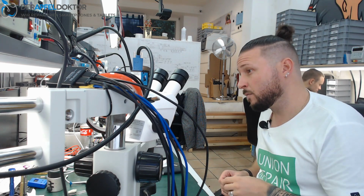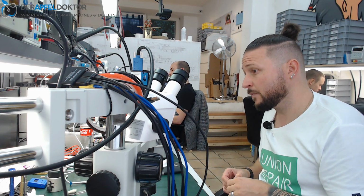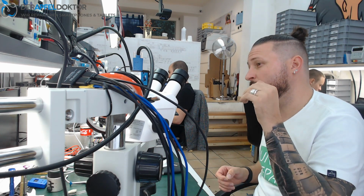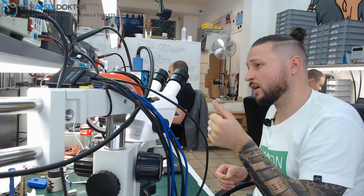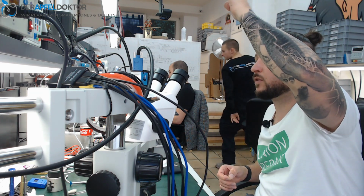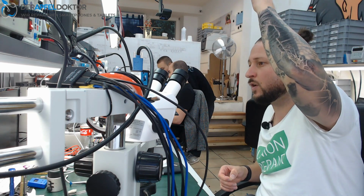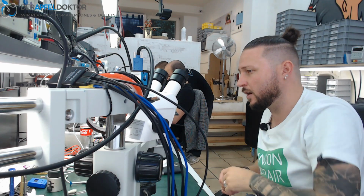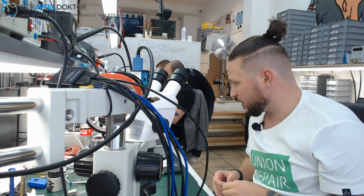We checked it with the DC power supply, and I saw that we got a problem: the value comes directly at 150 milliamps when you press start, and then it goes up to 350, down to 100, up to 300, and so on and so on, up down, up down, up down. Okay, so in this case normally